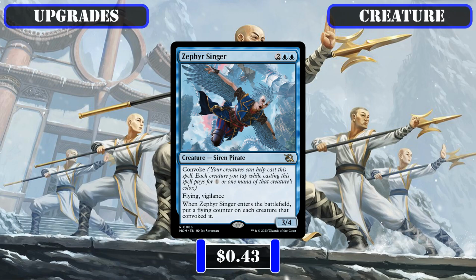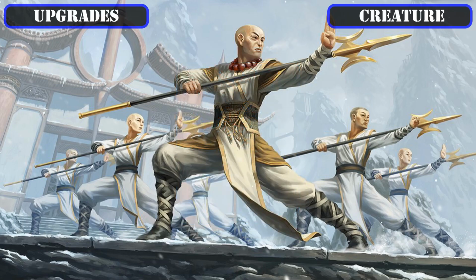who's still evasive, only slightly smaller than its predecessor, significantly cheaper, and provides permanent evasion to whichever creatures help convoke it to enable them to more easily bypass blockers and get in for damage when we're not using them to convoke our spells. Then while on the topic of convoke,